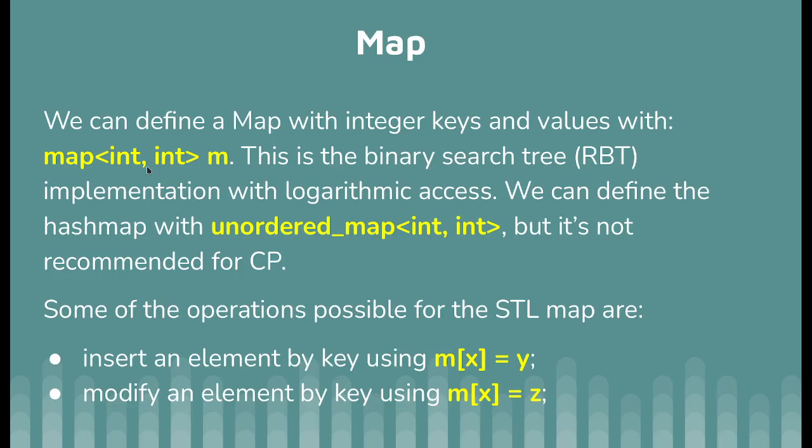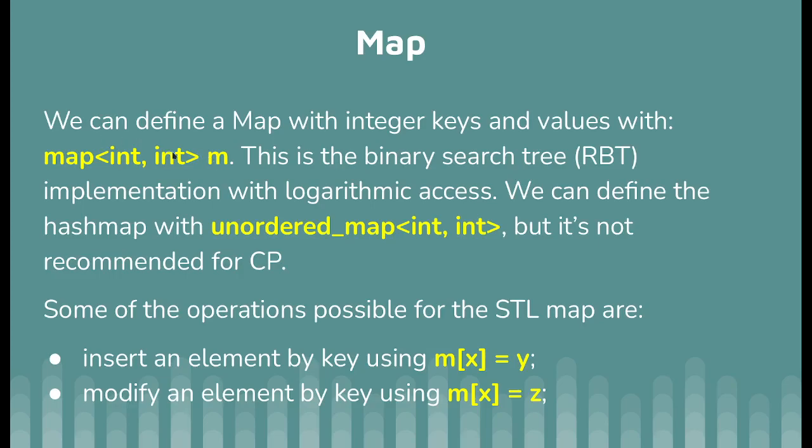Basically, we can define, for example, a map for a number of students, and then write in this map their grades, but the students will be unique. For example, we can use the ID numbers of the students as the key. Then the value could be their grade, an integer in this case, but we can also define a map of int, string, whatever else. The important thing is that a map has unique keys. It's the same as in Java or other languages.